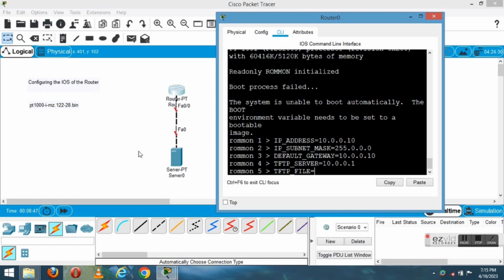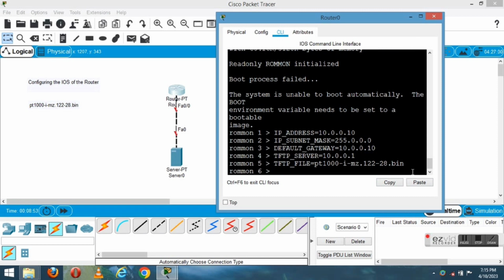And then if we paste it, and then enter, and then before resetting we are going to give TFTP